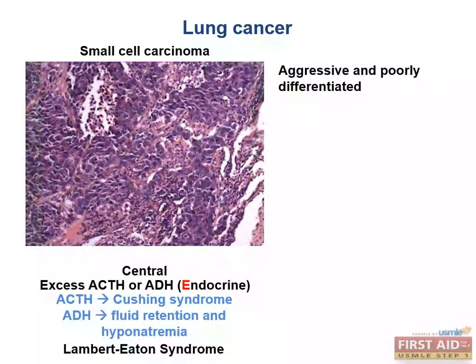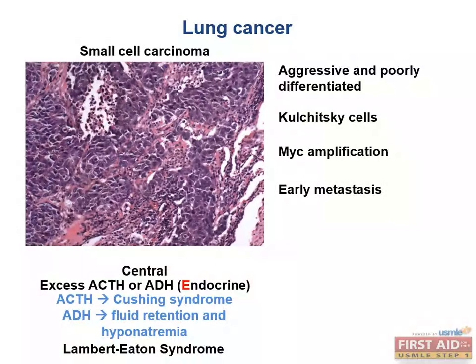On histology, you'll note the chaotic or undifferentiated quality of this lung cancer. The small dark blue stained cells are the neuroendocrine Kulchitsky cells, which can lead to some of the paraneoplastic syndromes we just discussed. What genetic aberration might you expect in this situation? Amplification of the MYC oncogene. This type of cancer is not resectable. And why is that? It's because metastasis occurs very early on. It can be treated with chemotherapy, but as I mentioned, it has the worst 5-year prognosis among the major lung cancer types.